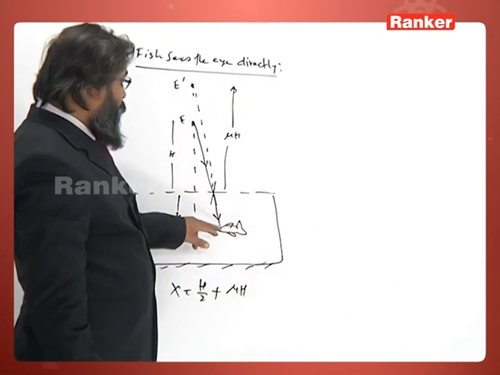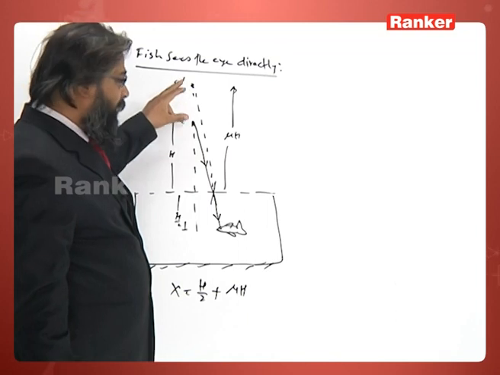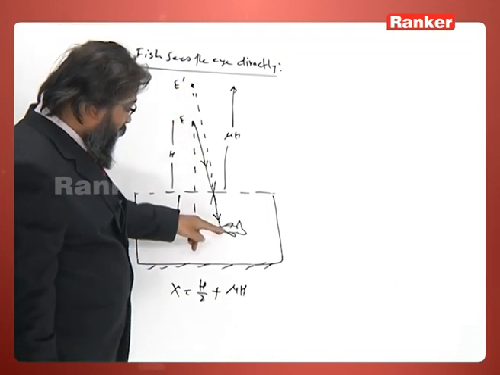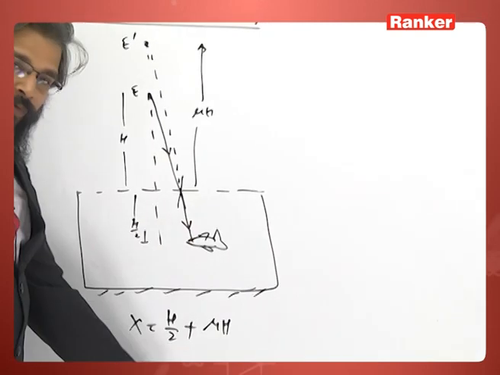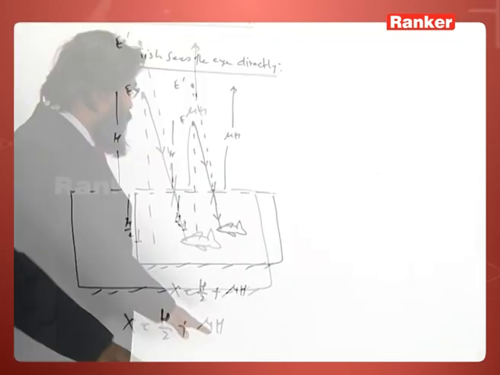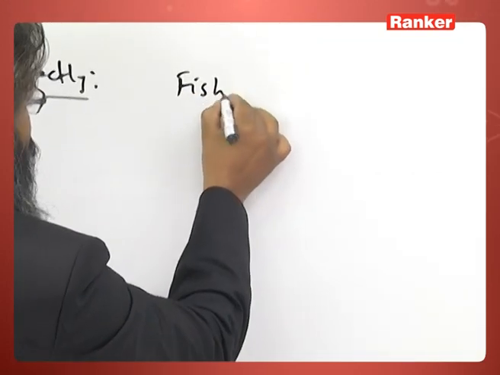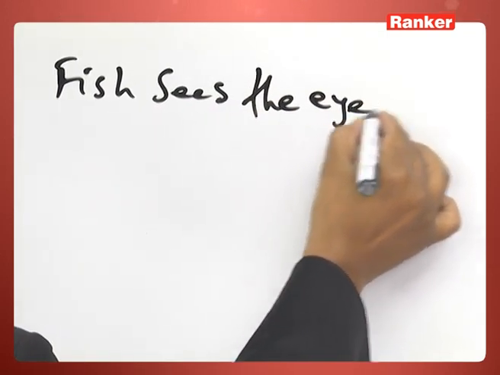This is where the fish will see the eye if it sees upwards directly. Now, if the fish sees the eye in the plane mirror, it has to look downward and the image will be formed somewhere here. So, now, second case, the fish sees the eye